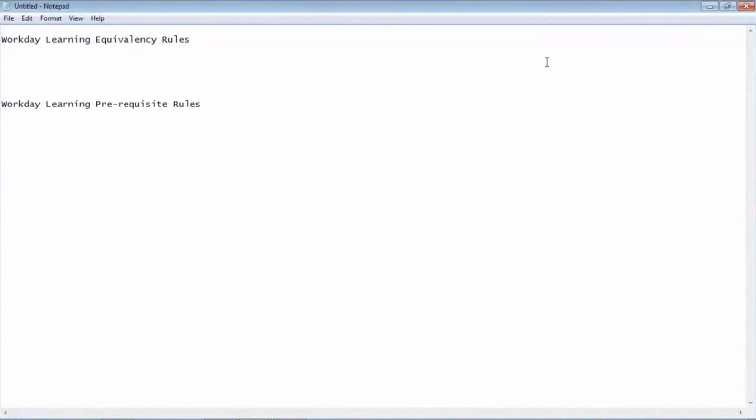Instead of doing that one, I'll complete Excel Basics, which is equivalent to it. I've completed that one, and I get the same credit required for this particular quarter.